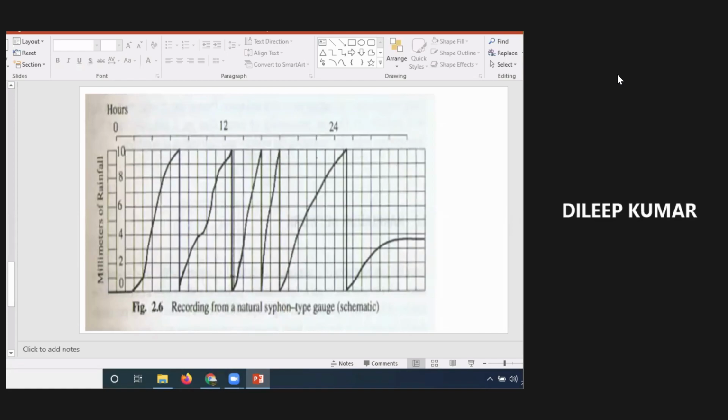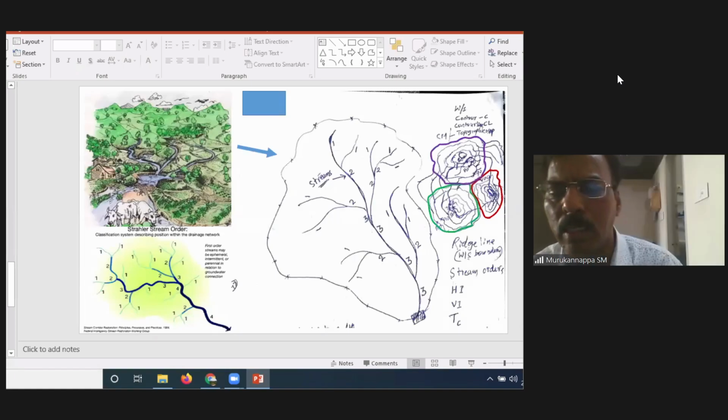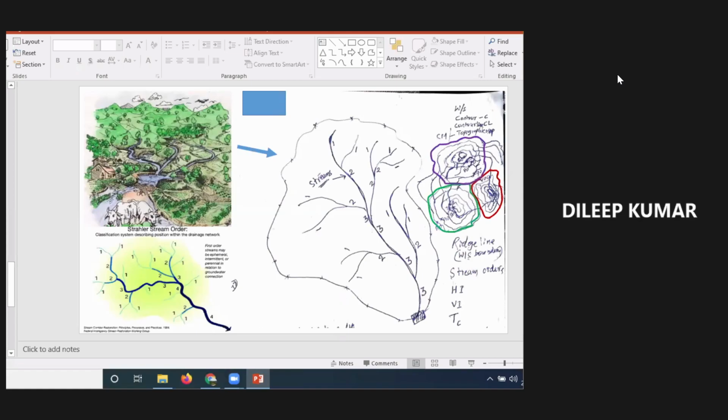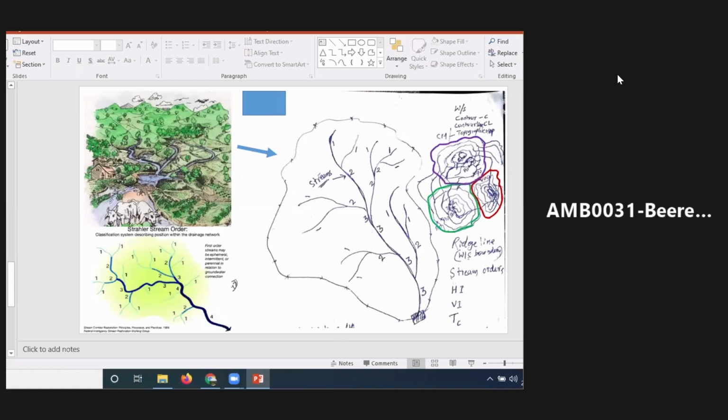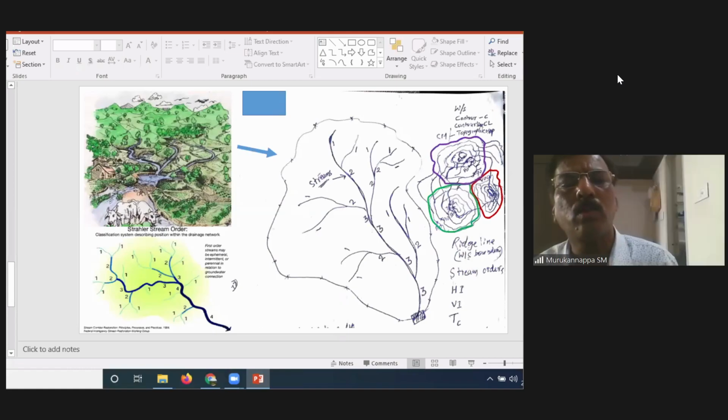Yes, sir. We will move to what you are asking. What is this diagram? Stream order. See here, at the top left corner I have shown a figure. That indicates the total area of the catchment area of the watershed. A watershed is an area with a demarcated boundary, and the entire water drains and is stored at the center of your catchment. Is it clear now?